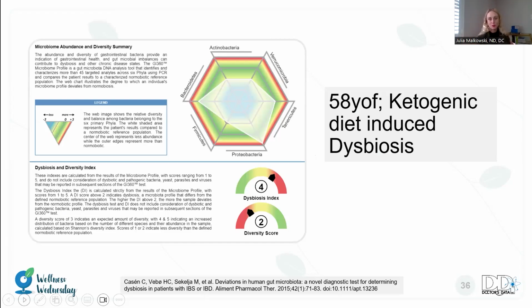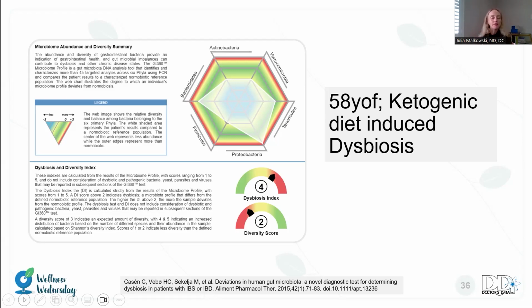For this individual's microbiome, the first thing I note is that it's not making a hexagon again, and it's very pulled down to the bottom right corner. That bottom right corner is the proteobacteria. Those are families of many of the bacteria that we talked about at the beginning that are associated with cardiovascular disease. The proteobacteria are inflammatory. They tend to be, and they really like excess fats and excess protein. That makes sense for an individual on a ketogenic diet.